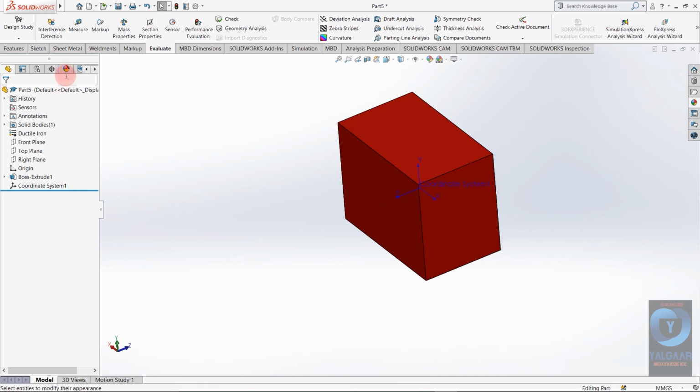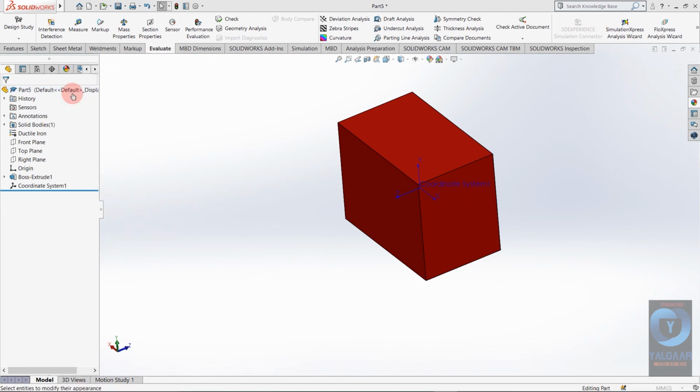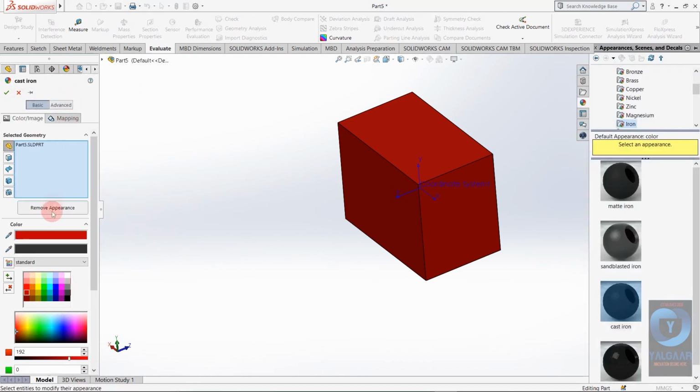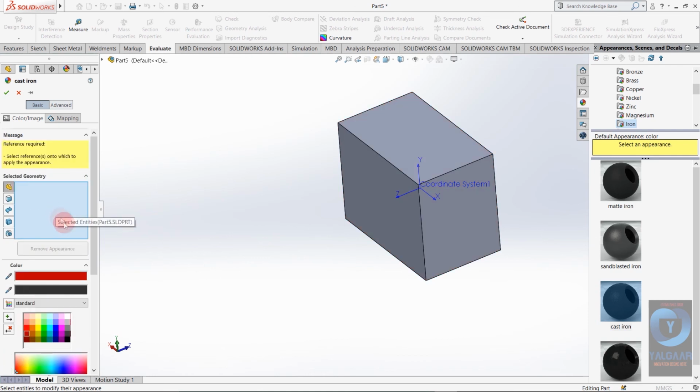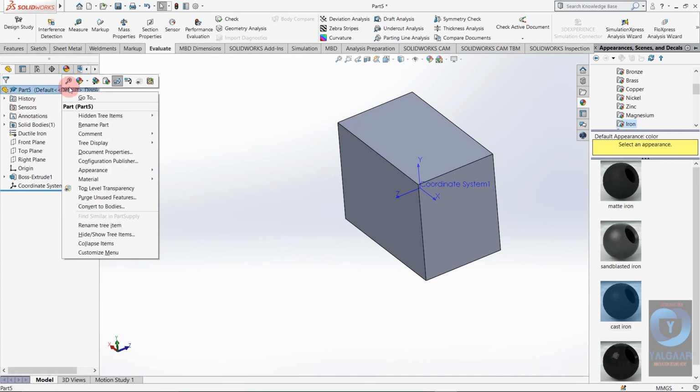If you want to disable the color appearance you just gave, right click on the component, select appearance, select whole part, and here remove appearance. You can also do it by clicking here, appearance, part 5.